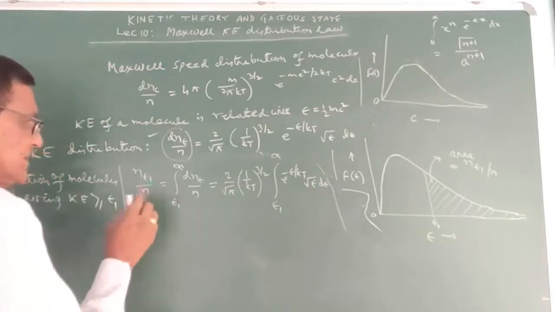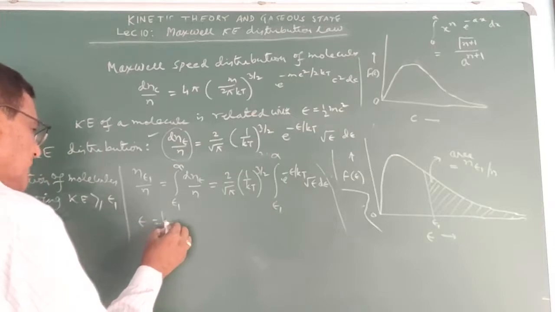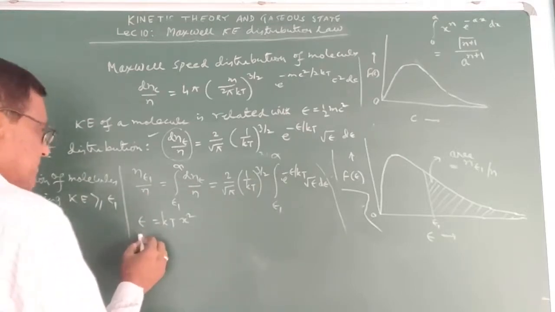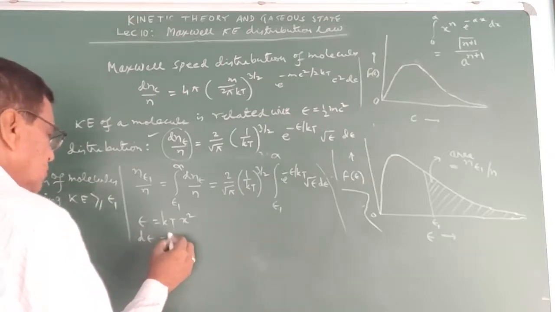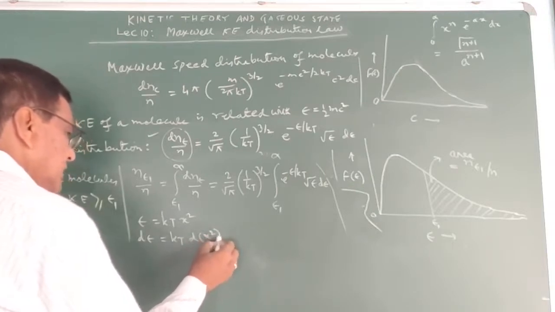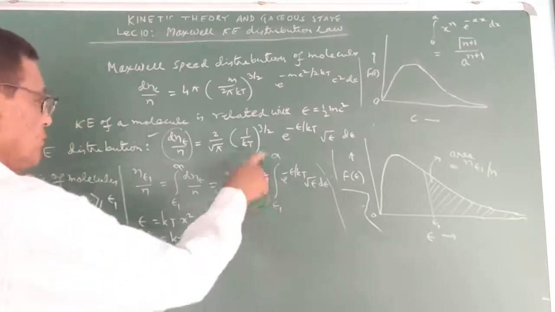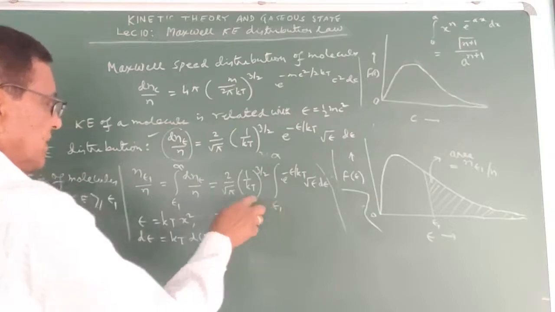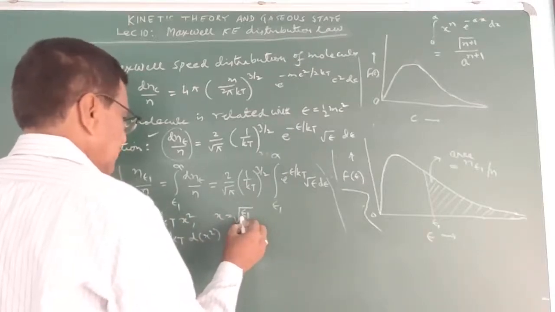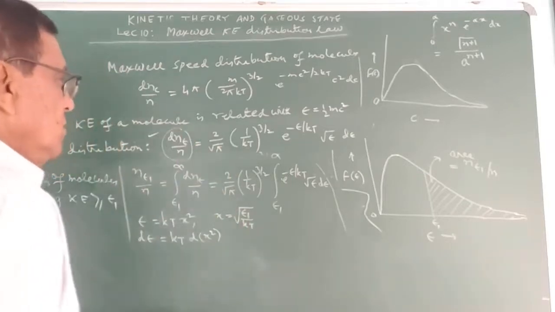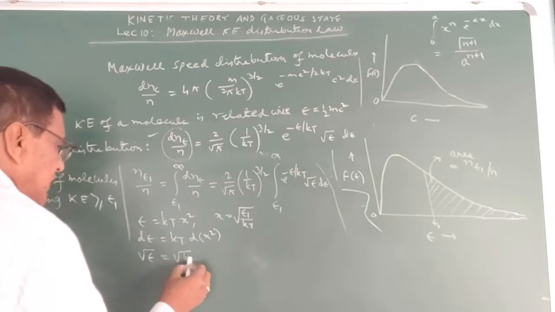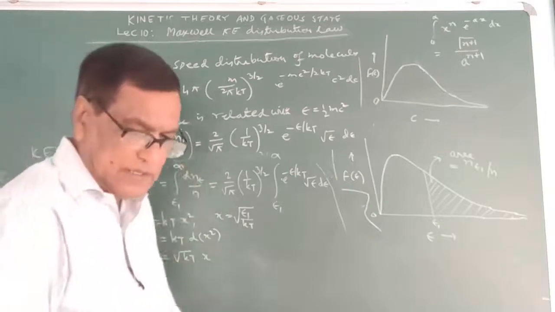So let us put epsilon equal to kT x square. So d epsilon equals kT d x square, and also the limit will change: in terms of this x, it will be root over of epsilon 1 by kT. So root over epsilon is equal to root over kT and simply x. Now we put here